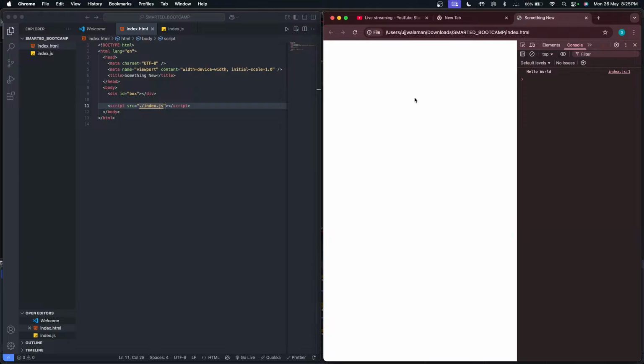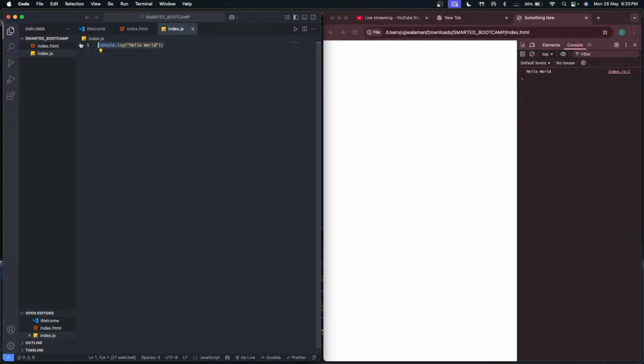Okay, so with that said, variables is something that we'll talk about first. So you can create a variable and store any type of content in it. So let's go ahead and create some variables. We can store a number in our variable. Let's store 10. We can store a string. A string is nothing but a combination of letters, you can say. So hello world. Make sure to end every statement with a semicolon. That is how the syntax is for JavaScript. We can also store a Boolean value. So is rad true,